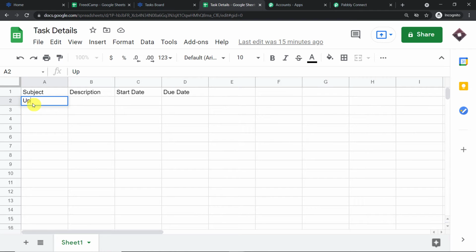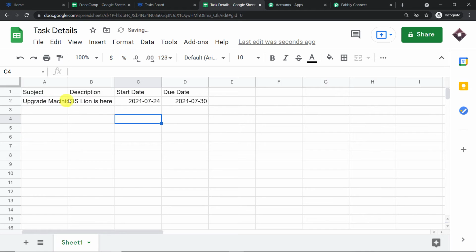So we're going to create a small experiment here to check we have the integration right. The subject is upgrade Macintosh. And the description is OS Lion is here. I think OS Lion is an older one, but it's okay. Now we are following this format. This is a necessary format that you follow, I mean the date time format, that is year, month as well as day. So the start date is 2021 7 and let's go with 24. And the due date will be 2021 07 and let's say 30. Okay, 30th of July 2021.